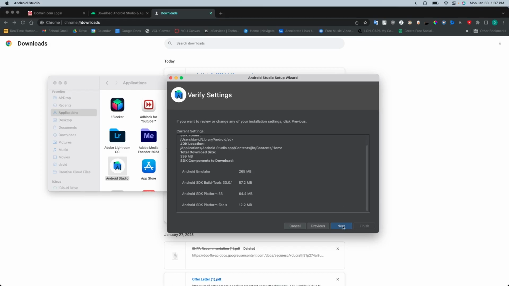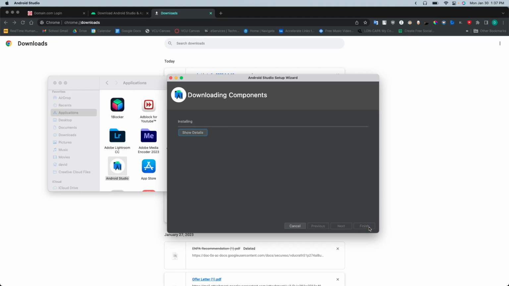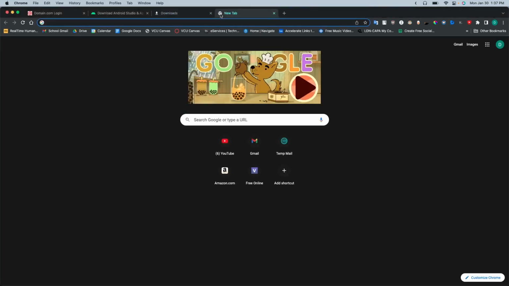You don't need to go to another website, download the SDK and all that. It's automatically done by Android Studio. All we have to do after this is download the device image, which I'll show once this is done. Till then, we can go to GitHub,